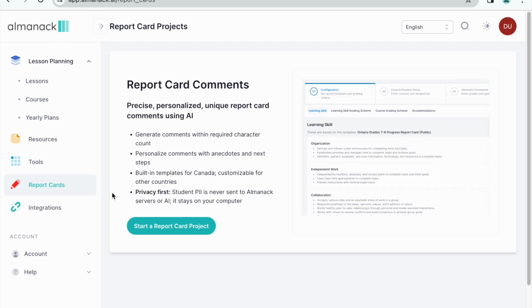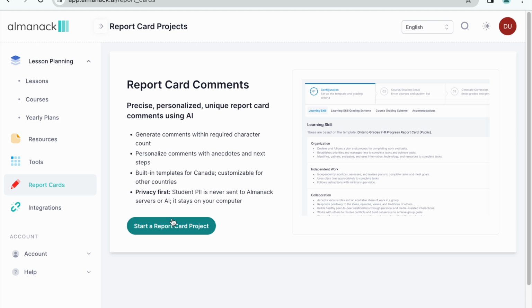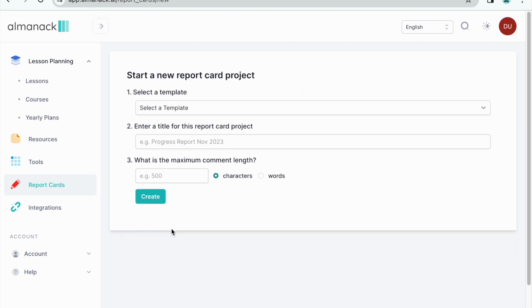We'll be looking at how to create report card comments in Almanack. So what you want to do is go to the report card section by clicking the button on the left, and then that will give you an option to start a report card project. Once you click on that, you'll see a form where the first step that you need to do is to